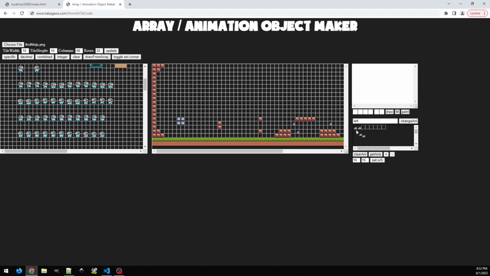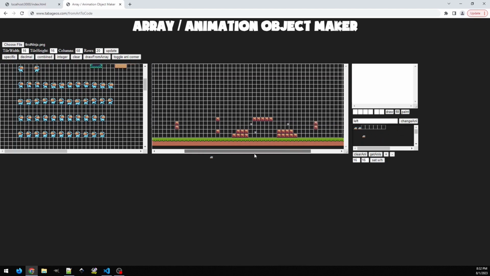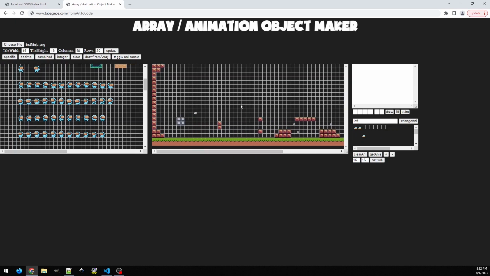Now, the world is 16 by 16, and everything is colliding at 16 by 16, but the player animation is 32 by 32. And if you notice, I'm just taking the top left of each frame, not the full 32 by 32, and using that. Okay, and then we'd press get animation, get Annie's, and that gives us the full animation